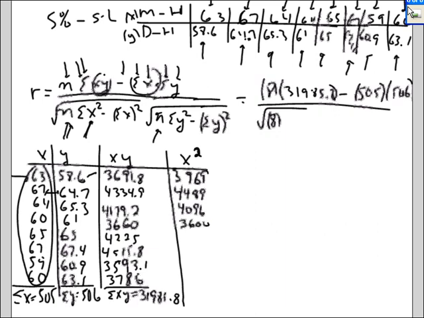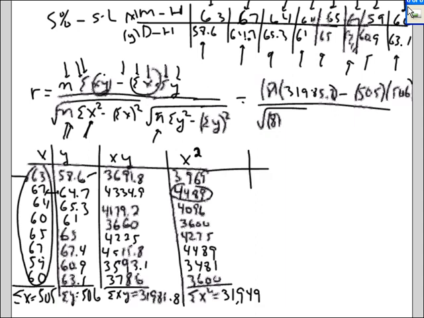And 65 times 65 is 4225. 67 times 67 we already did. Don't bother doing it again. The next one, 59 squared is 3481. And 60 squared is 3600. And if I actually add up those numbers, and I don't make a silly mistake, we get